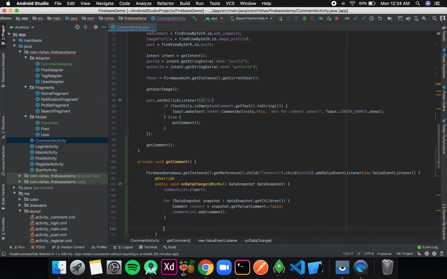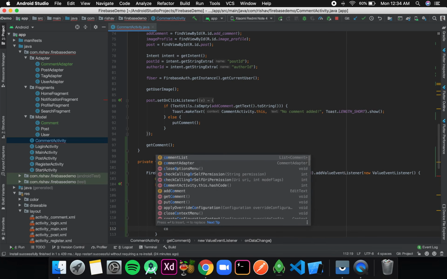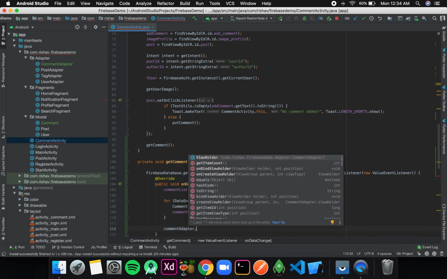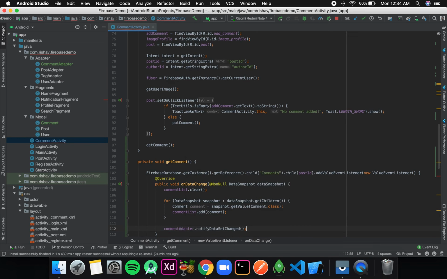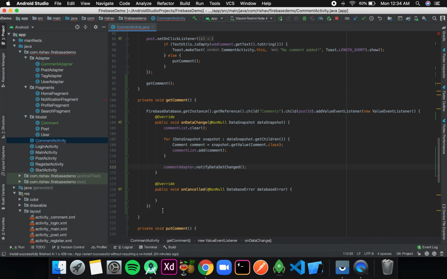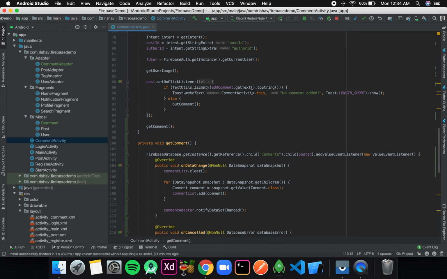Okay, then after this for loop I'll write commentAdapter.notifyDataSetChanged(). Okay, so now I think we should be able to see all the comments, so let's run and see.